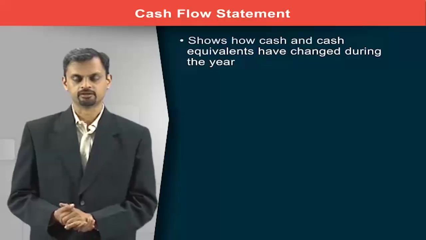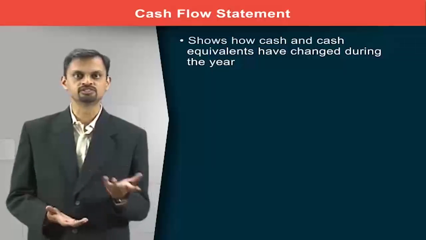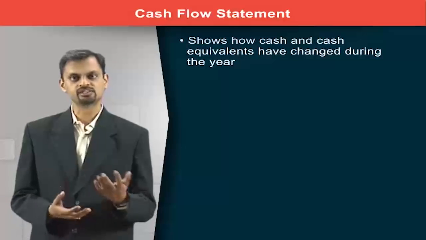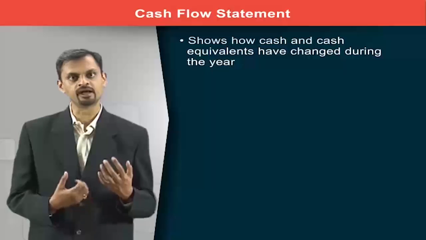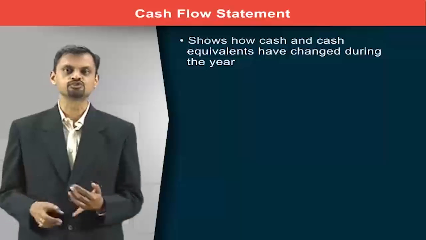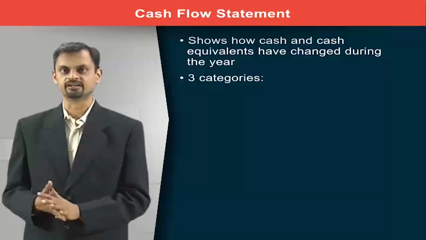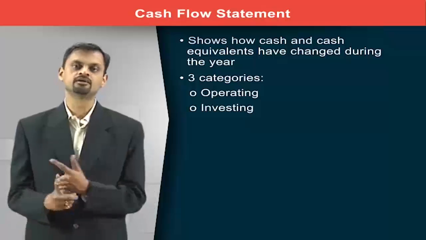on a particular date. Your statement of profit and loss is prepared based on accrual. So again, it doesn't show the cash movement. So that is why the separate cash flow statement is prepared to show how the cash has come in and how the cash has gone out of the business. The entire cash flow statement is basically divided into three categories: cash flow from operating activities, investing activities, and financing